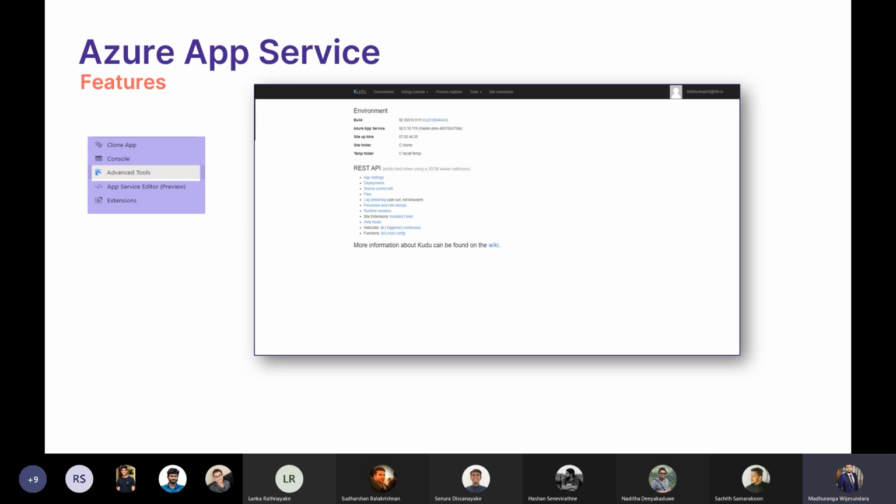this is a PaaS, but we all know it must have a server to host our files and everything. So Kudu is the server used by Azure app service. It will show us the interface to that Kudu server. It will show the information of the server,